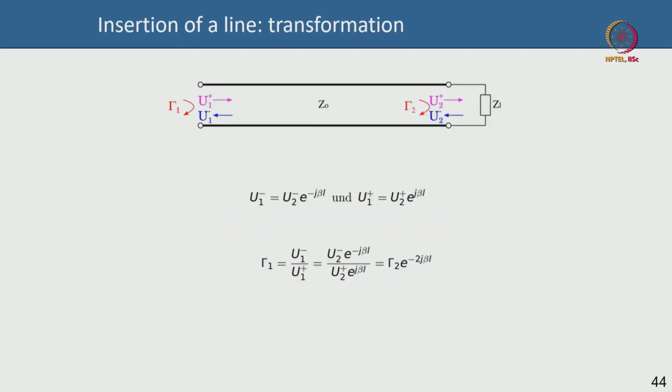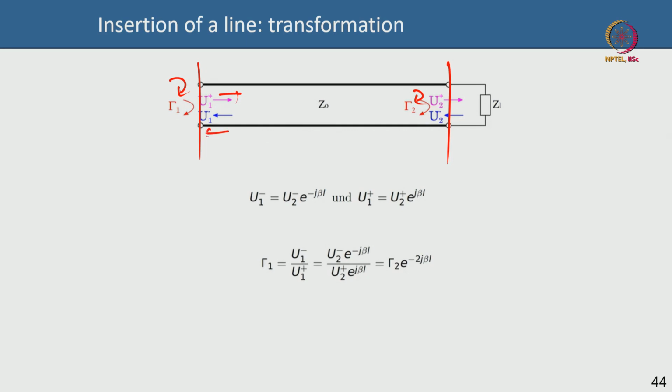Now I will talk about what happens when you add a line. When you add a line, this is your line, the reflection at the end of the line is gamma 2, the reflection at the start of the line is gamma 1. If you do some simple math here, in terms of reflection coefficient and all, I mean how much is incoming